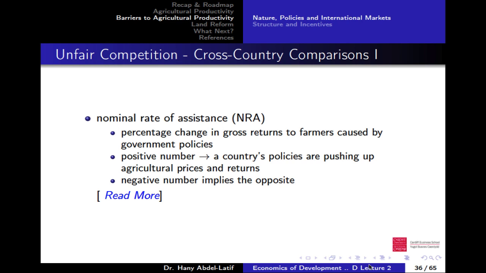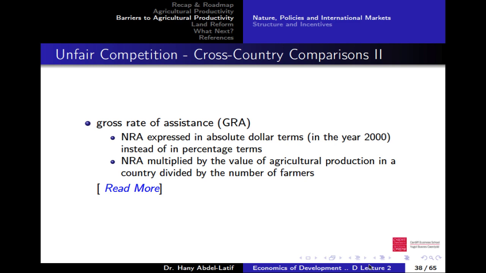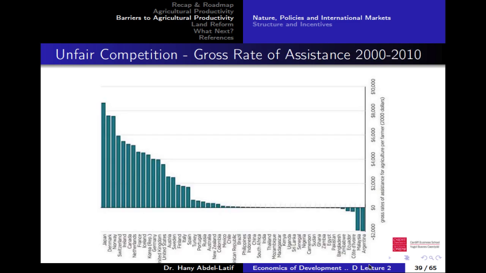So if you are interested to know how they calculate this, just go to that article. Actually, he did something more. He wanted to calculate this in US dollars. So this graph shows exactly the same, different countries here again, but in dollars, how much they receive in terms of assistance, subsidies, or any sort of policies that increase their returns or their income. We're talking about farmers in the agriculture sector. So again, you look at these positive numbers, mainly developed countries. Look at these at the bottom here, mainly developing countries, poor countries.